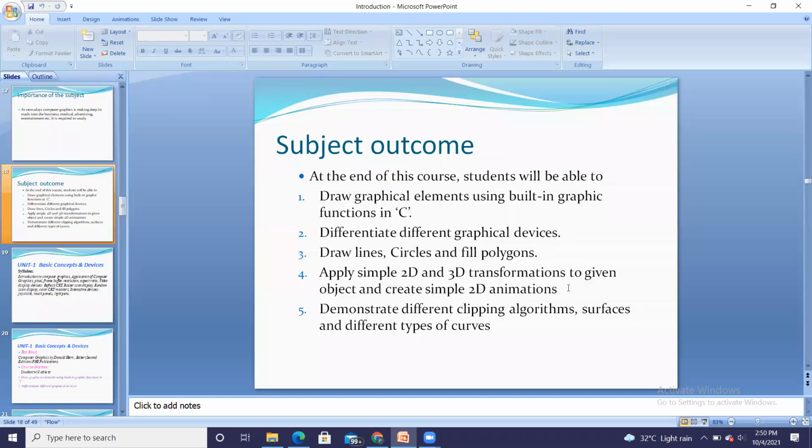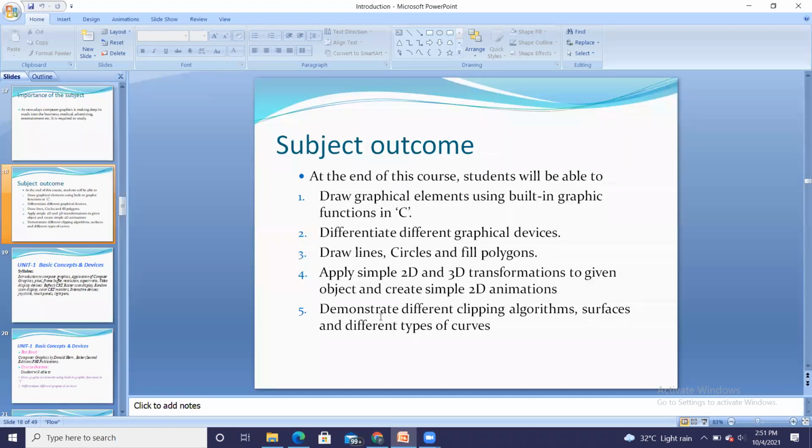Along with learning the theory of 2D and 3D transformation, in practicals we will actually be going with two-dimensional animations. Maybe small animations like a car moving from left to right, or a smiley which is sad and happy, or a plant growing. Such animations we can do with 2D and 3D images. So that is about theory and practicals.